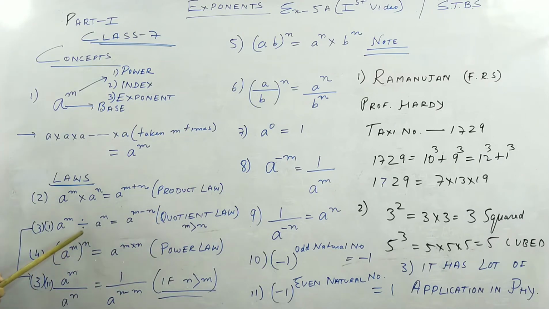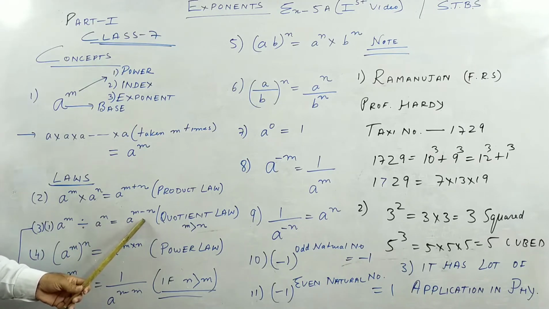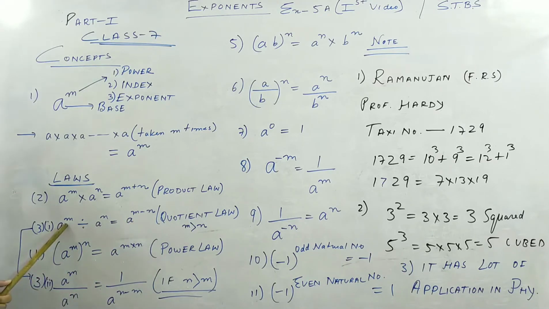Okay. The second is called quotient law. It has two formats, children. 3 part 1, 3 part 2. Please see here. This is 3 part 1 and 3 part 2. What we have? When a to the power m is divided by a to the power n, you get the power subtracted. This is called quotient law, provided m is greater than n. Opposite, see this. If m is less than n, or n is greater than m, then we take the smaller towards the bigger. This goes down. So you get a to the power n minus m, because n is bigger, so we take it down.